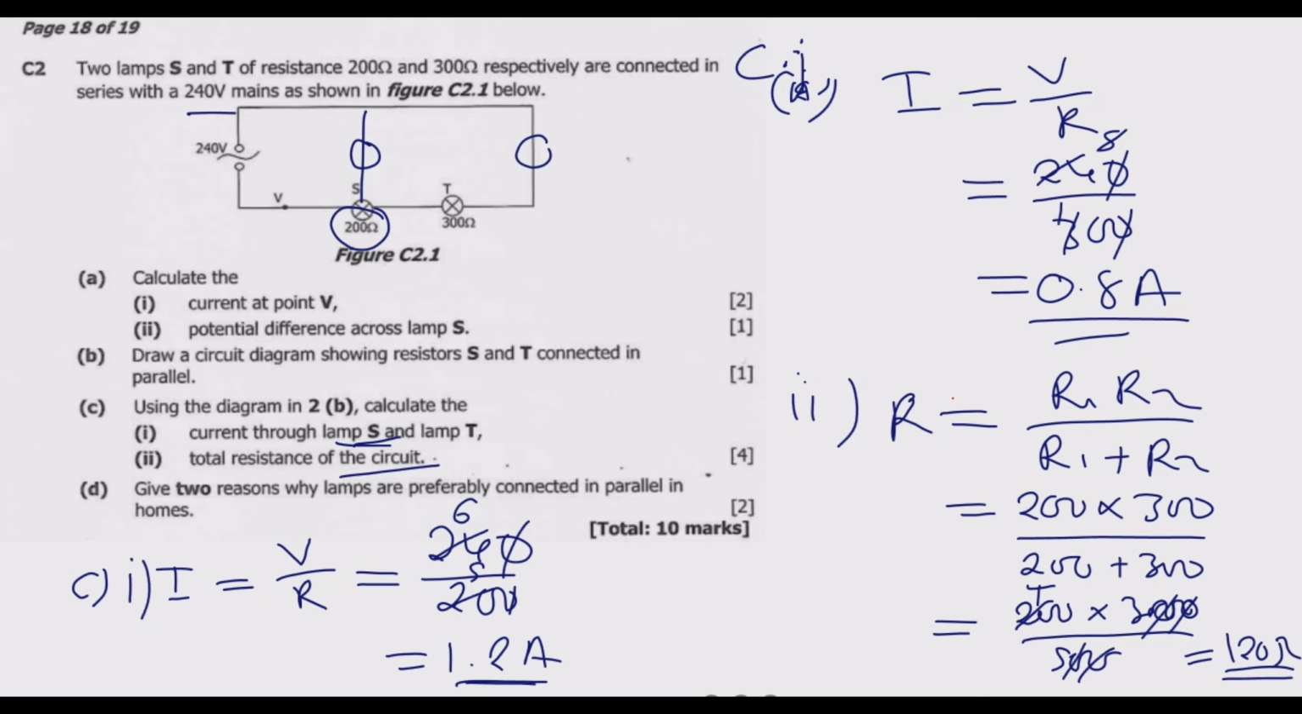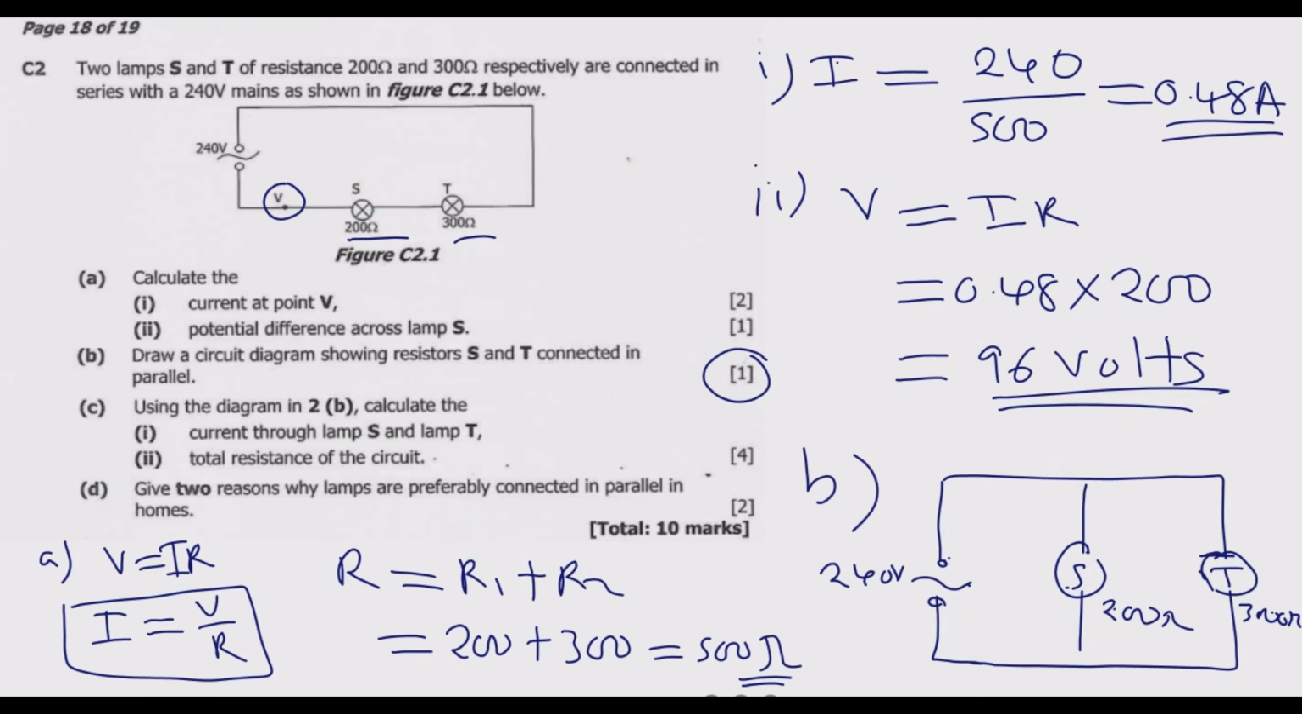Then we go to question D. Question D asks: give 2 reasons why lamps are preferably connected in parallel in homes. So why are they in parallel? Normally in homes we connect them in parallel. So the first reason is that what we notice here is under parallel,